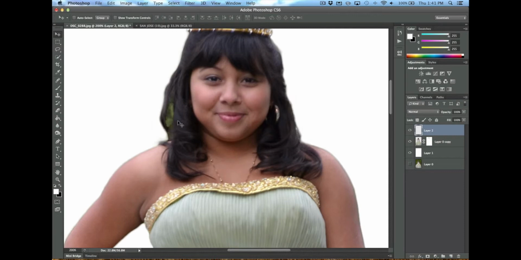Alright, and then you just drag it over to another section of the hair that will sort of match it, and you Command or Control C to copy it, and then Command or Control V to paste it. And what it did is just made another layer, so you can just bring that over here and sort of match it up. And then what you can do is you can use your